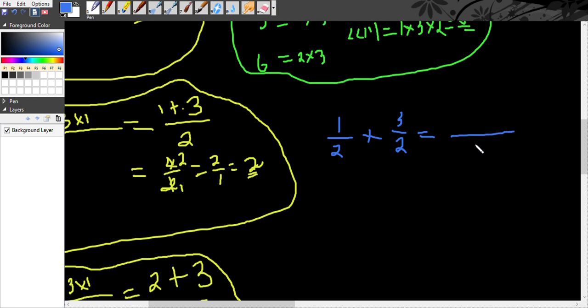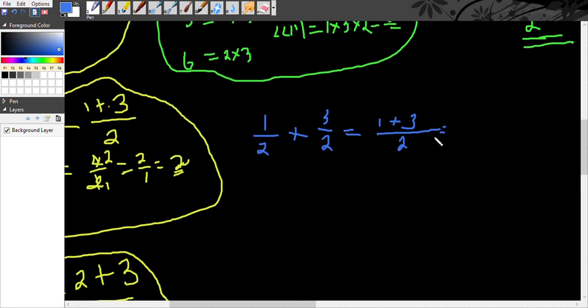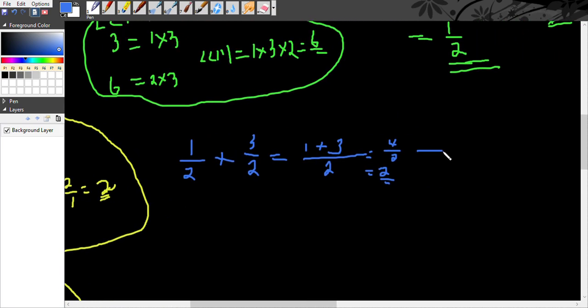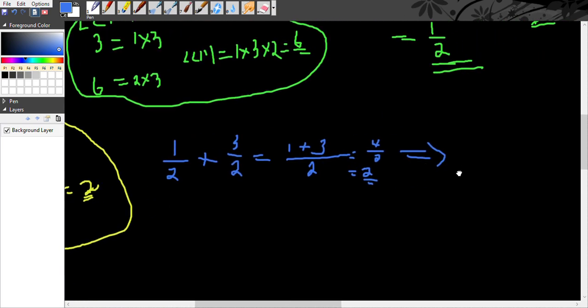So what we just do is write it as it is, carry it over as it is, and the numerators we also just add as they are. So that gives us 1 plus 3, which is 4 over 2, which gave us 2, the final answer. So this takes us to our second rule